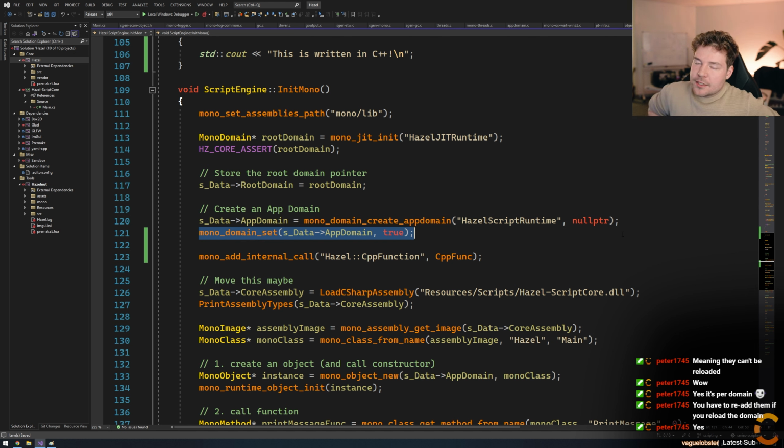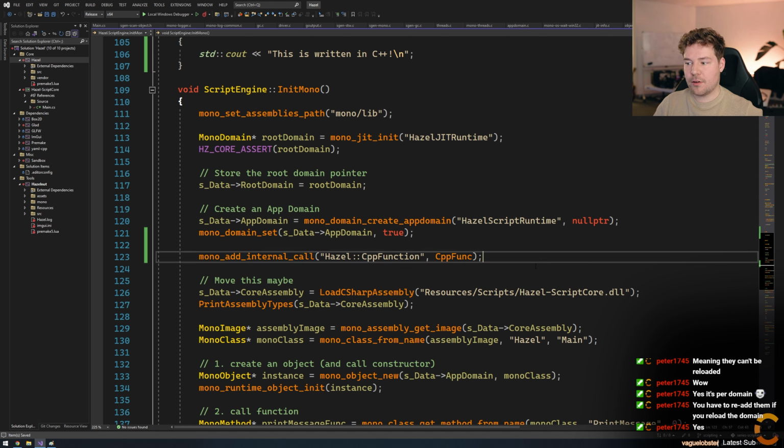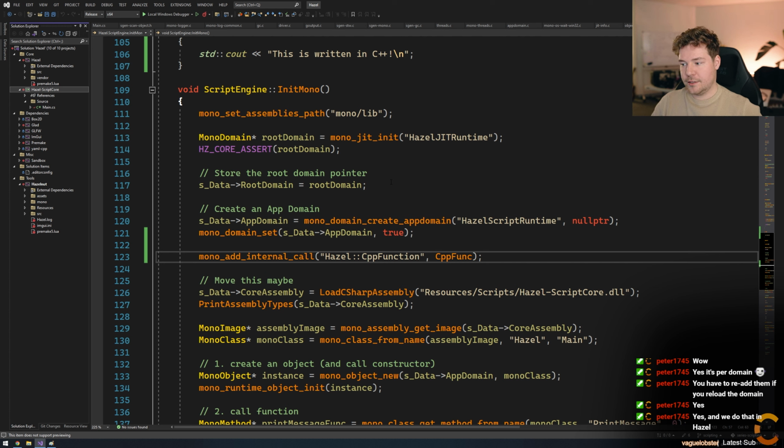But does that mean, Peter, that when you reload a DLL, oh okay, but we don't reload the Hazel DLL, do we? If you were to reload this DLL and make a new app domain or whatever, then I guess you'd have to re-add all of the internal calls, is that right? And my second question is, does that apply to the big version of Hazel, because we obviously have two DLLs? We have script core and then we have the actual app. Okay, so we do that in Hazel to some degree. But I guess the whole app domain gets unloaded, right? Or do we have a separate domain per DLL?